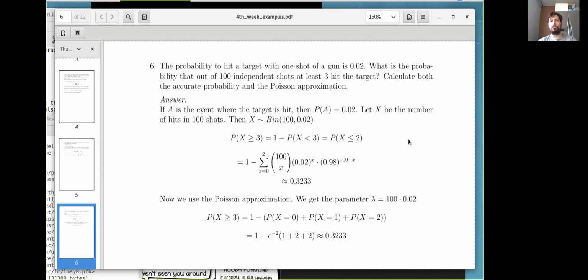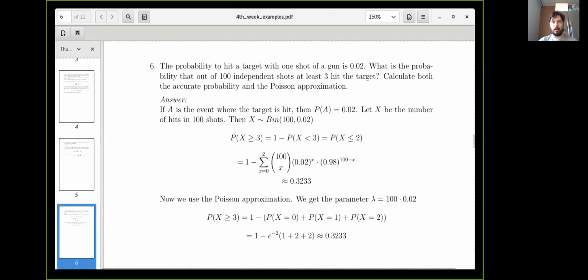So let's do it first with the binomial distribution. We get probability, oh, there's again a typo. Sorry. I'm glad this goes on record to show how many mistakes I make. So maybe you will be able to relax a little bit.